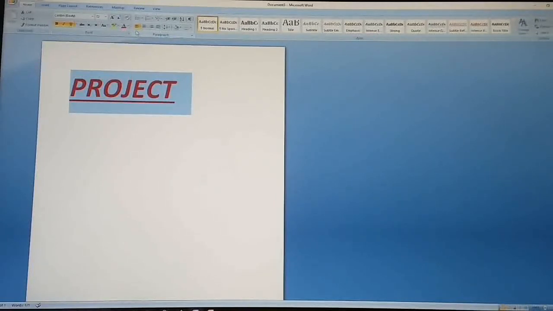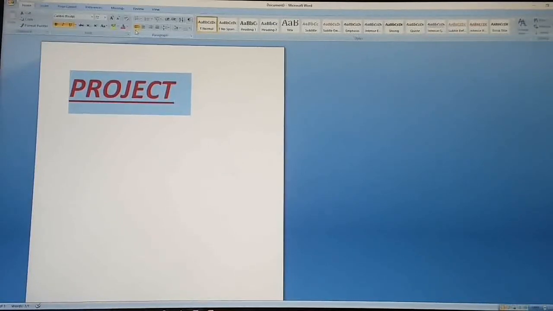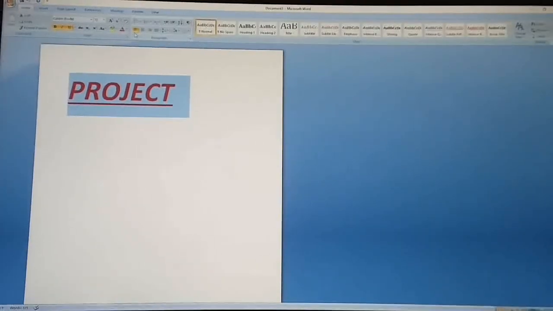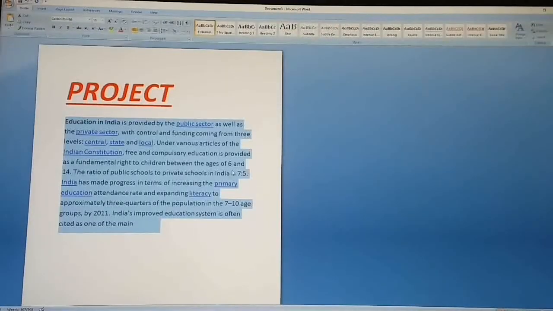Okay, so another important thing is paragraph alignment. You can see there are 4 types of alignment: left alignment, center alignment, right alignment, and justify.